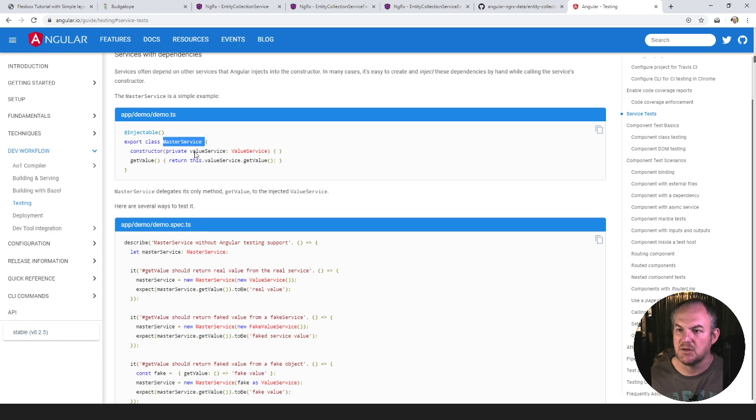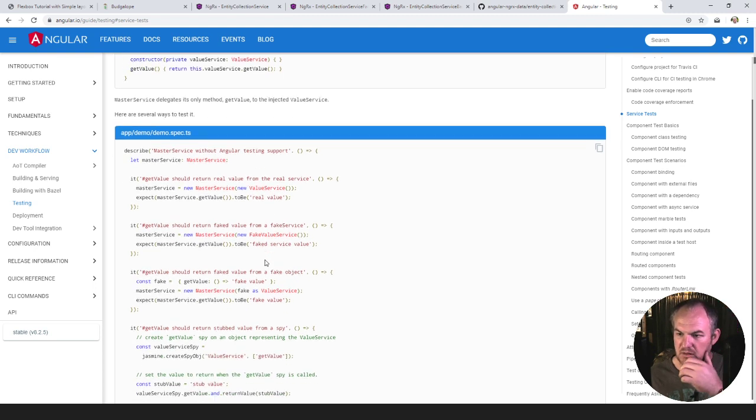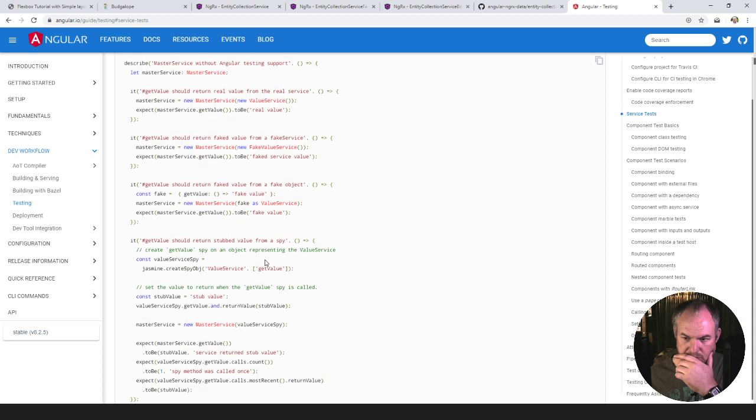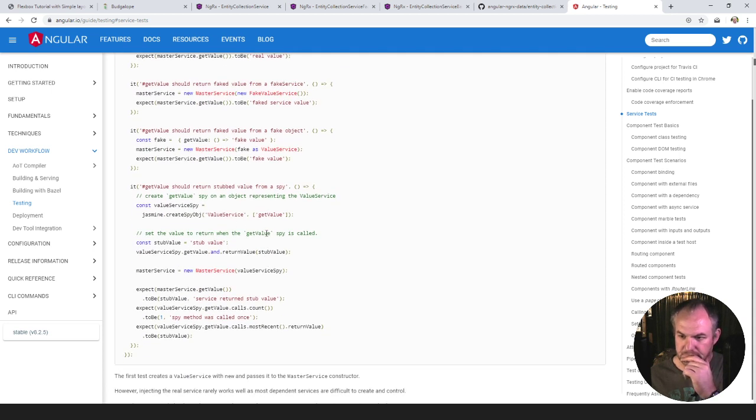So here we have the master service, new master service, new value service. I was this close to going the wrong way, so we'll almost probably go this route